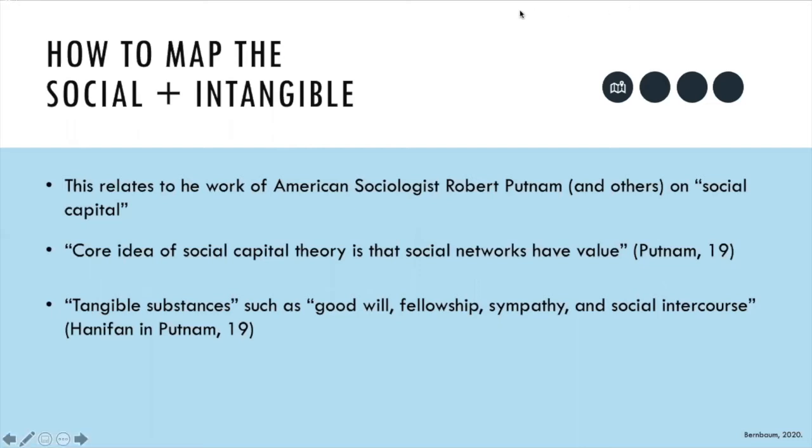In his work, the core of the theory is that social networks have value. So therefore we could say they are an asset. Putnam goes on to explain that the term social capital itself seems to have been independently invented on 6 different occasions between 1916 and 1980 by a variety of different people, including educators, sociologists, social theorists, and even the famous